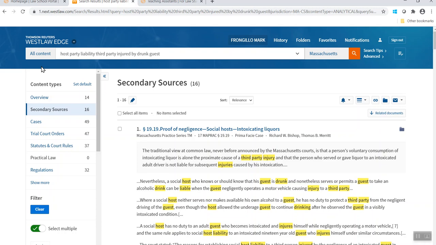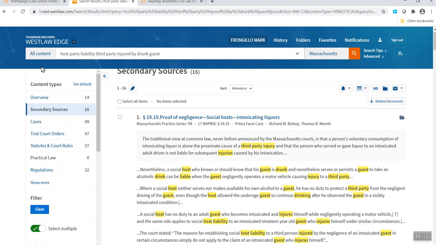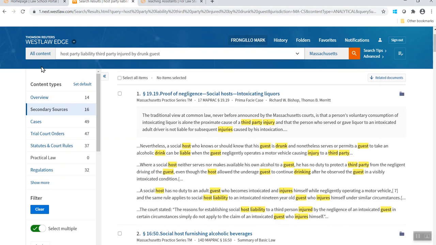Those of you from California, you've got Witkin, you've got Cal Jurisprudence. I think there's another one. Texas has a practice series called, I believe, Texas Practice. New York has Seagulls and New York Practice. I mean, most states publish a practice series, and that's really where you're going to want to start researching when